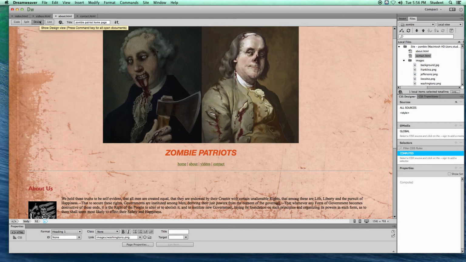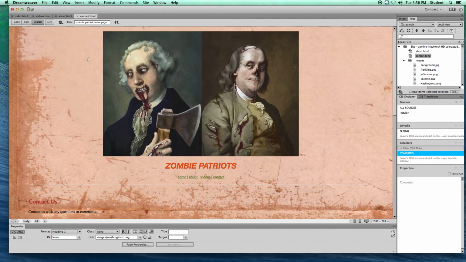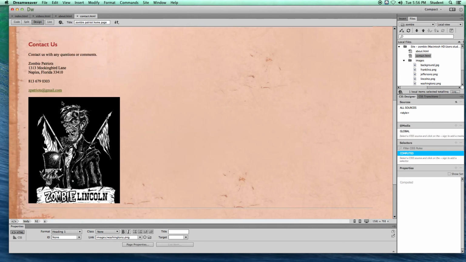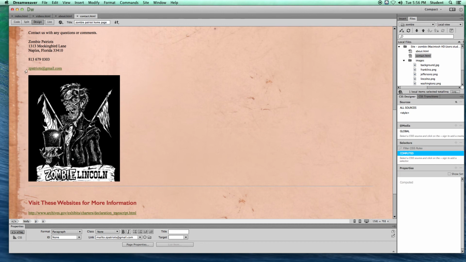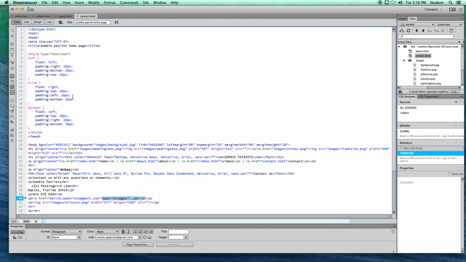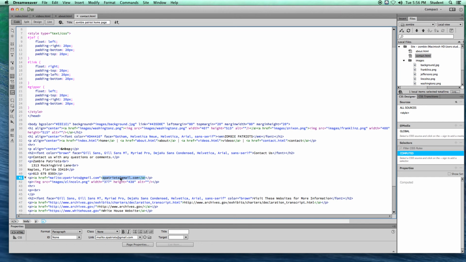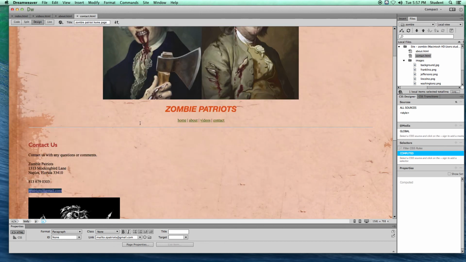Okay, good. And let me look at the contact page. About the only thing we did different here was this email link. So let's go to the code side. There's my text that's linked. There's my href opening and closing tag that makes this a link, and it's linked to what? To my email address, zpatriots@gmail.com, and it says mailto, so that's what gives you that email link, mailto that email address. Okay, so that's some of the basic code in this old school